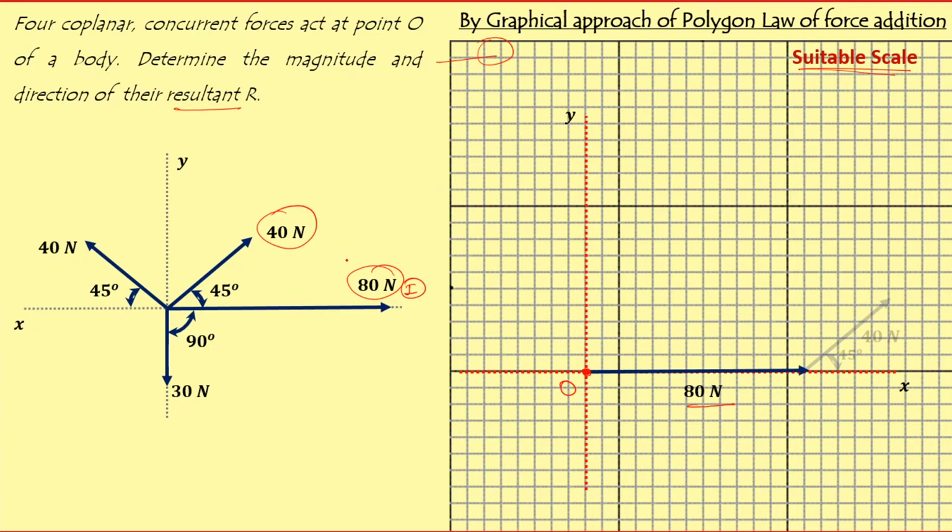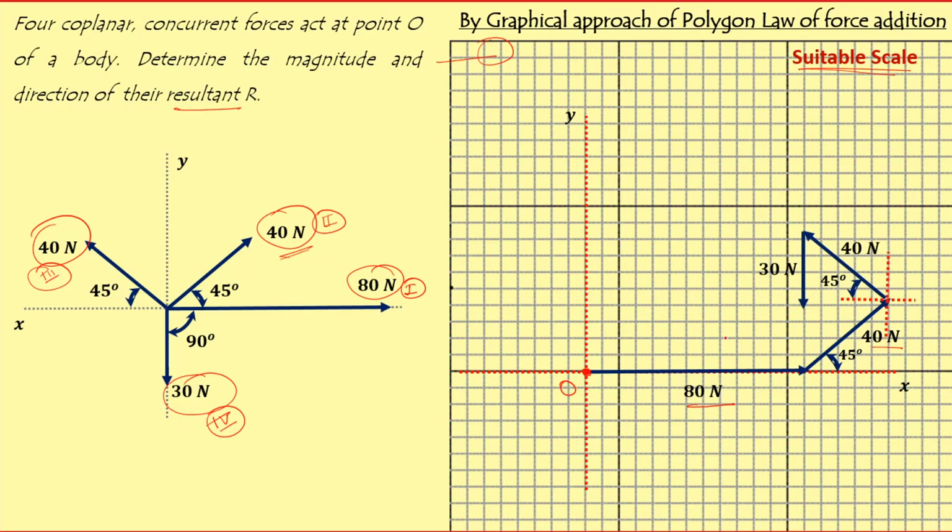Then I am considering this 40 Newton force which is acting in the first quadrant. So I am considering it as the second force in the order, at 45 degrees with respect to the x-axis, and its magnitude is 40 Newton. We need to draw a temporary x and y axis to draw the next vector, which is again a 40 Newton force acting at 45 degrees but in the second quadrant. So this is 40 Newton at 45 degrees with appropriate scale, and the last force in our sequence is a 30 Newton force,